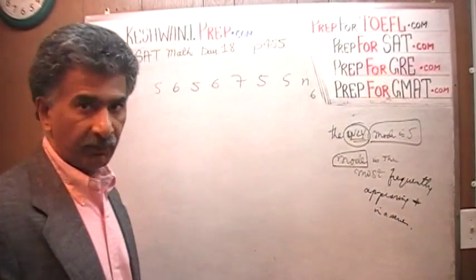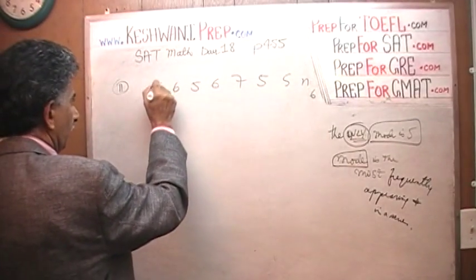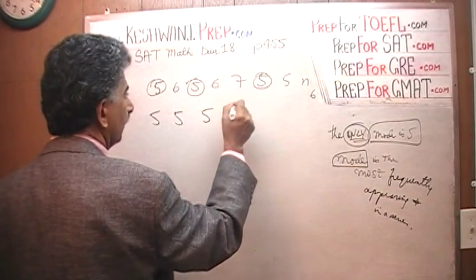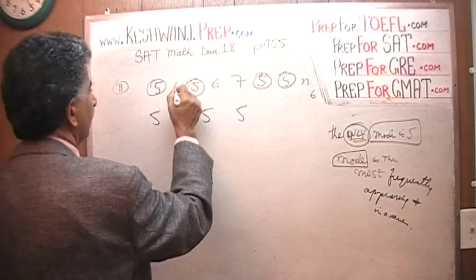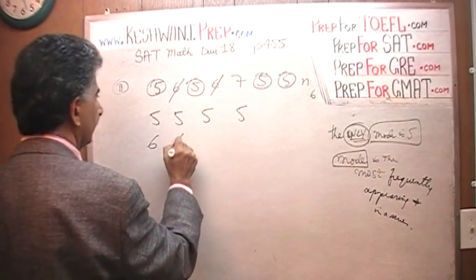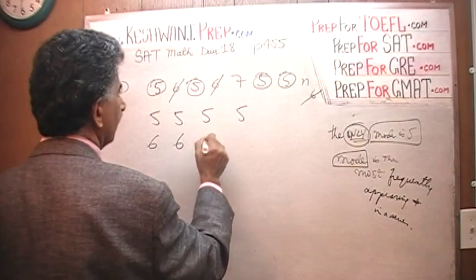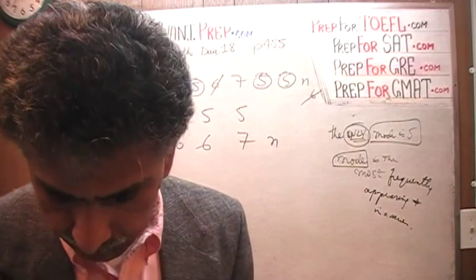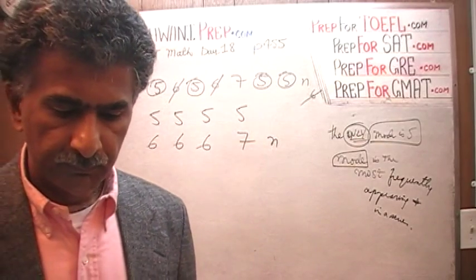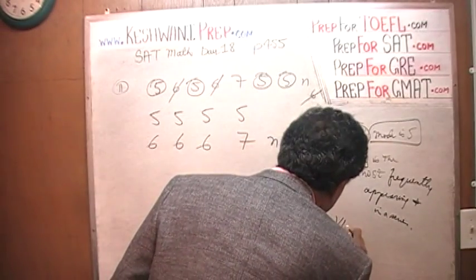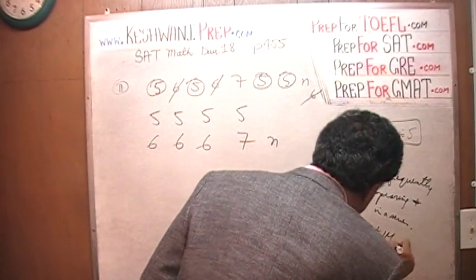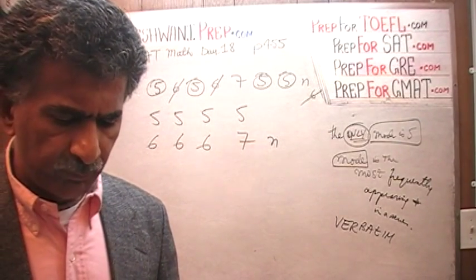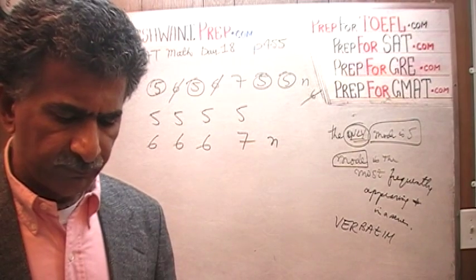Let's see how many times 5 occurs. 1, right here, 2, 3, 4, and then we have a 6, another 6, one more 6, and then a 7 and an n. And the question simply is, I'm going to read it to you verbatim. Each of the following could be the value of n except,